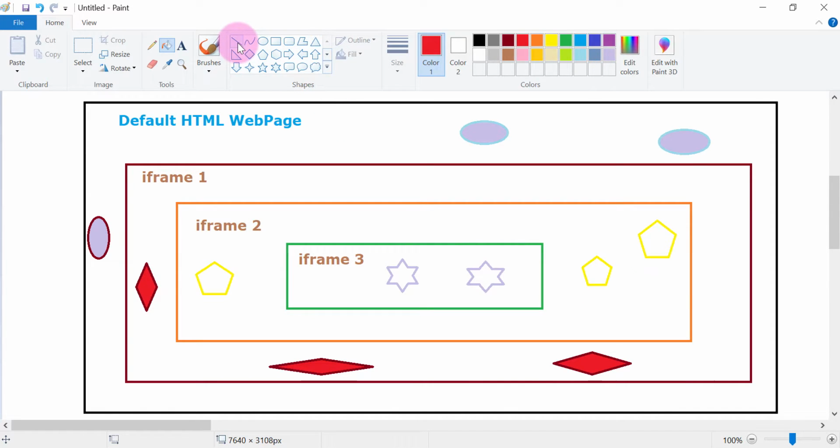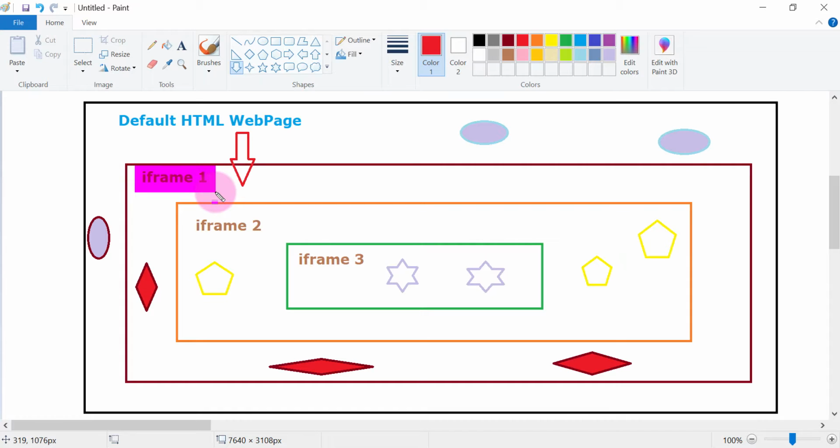So what you have to do is first change your focus from the default web page to iframe 1. You need to change the focus of Selenium WebDriver from the default web page to iframe 1, and then you will be able to interact with the web objects available on iframe 1, right?